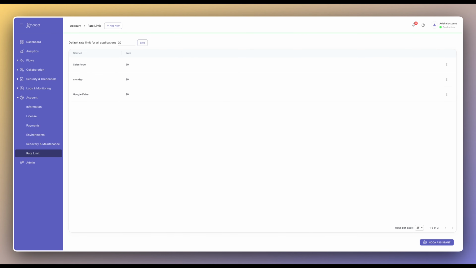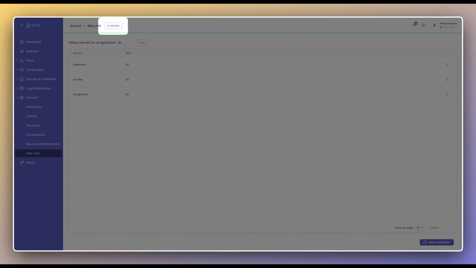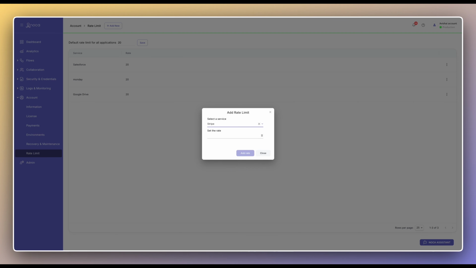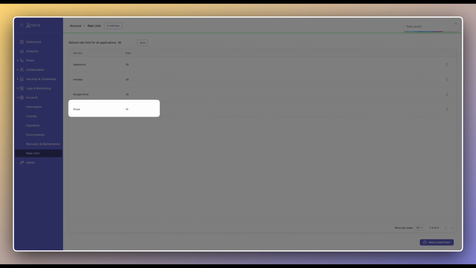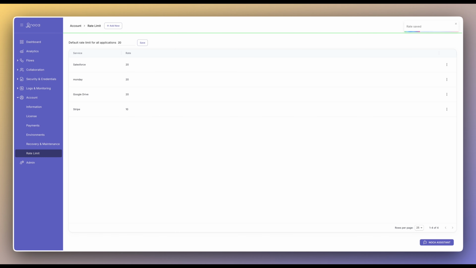However, you can also set a specific rate limit per service. So the way you do this, you add new. Let's say I want to select Stripe, and you know what? I just want 10 per minute. As I click add, you can see now that Stripe has been added at 10 rates per minute, so 10